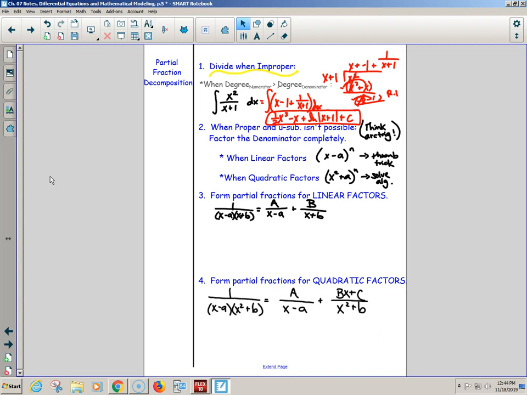But if it's not arctangent and you're trying to get to ln, and going straight to ln isn't working with du's, because you have too much or too little, then try factoring. When you try factoring, you're going to get linear ones, but there's x to the 1s. Maybe you'll get quadratic ones, like x squared plus 4. You couldn't have gone down any more. Are you sure you thought about arctangent? But if you're stuck and there's no other way to go,